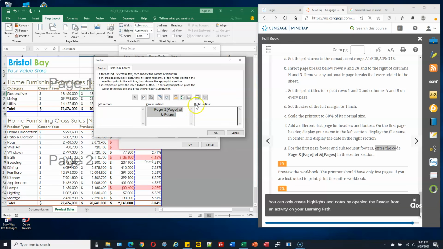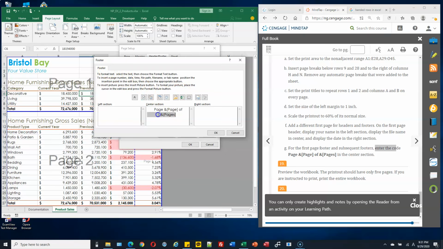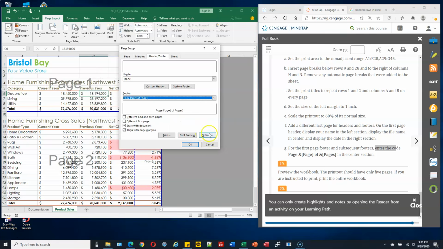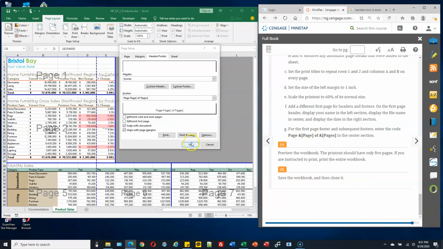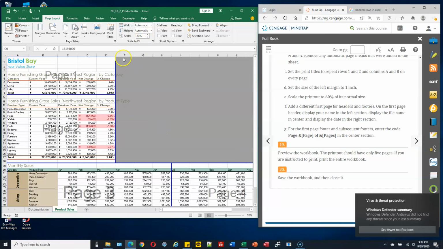Okay, this is the first page, so copy this one, and then click the footer, and copy that code in this section. Or you can click this, and then click the footer, and you can type it like this. So this will display on all the pages. Then click OK. As you click OK, since we reduced the scaling to 60%, can you see we have removed some extra